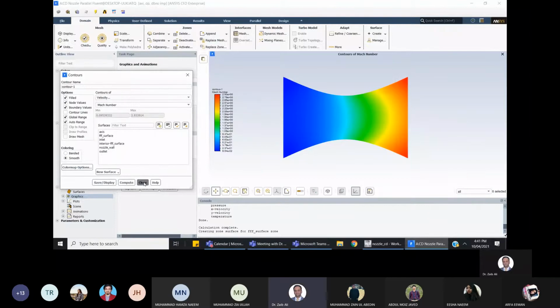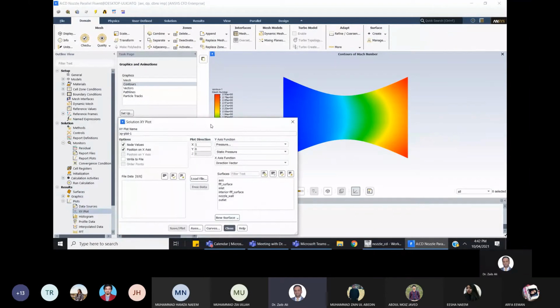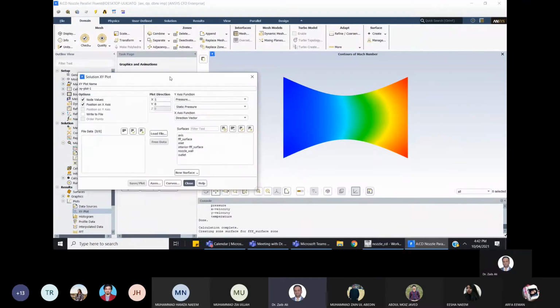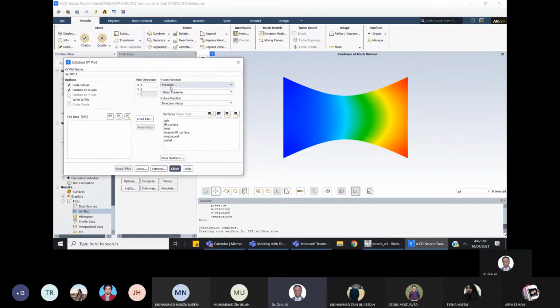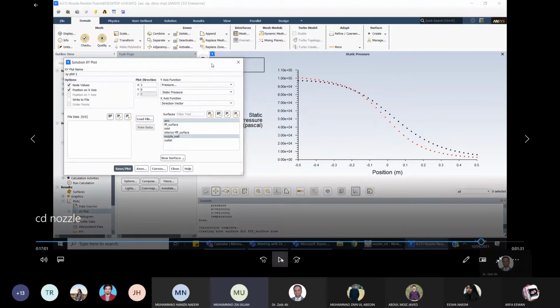Okay, next, what we want to do is draw our XY plot and compare our solution with the analytical result in the form of that data which I showed earlier. So that data was for Mach number. We are interested in